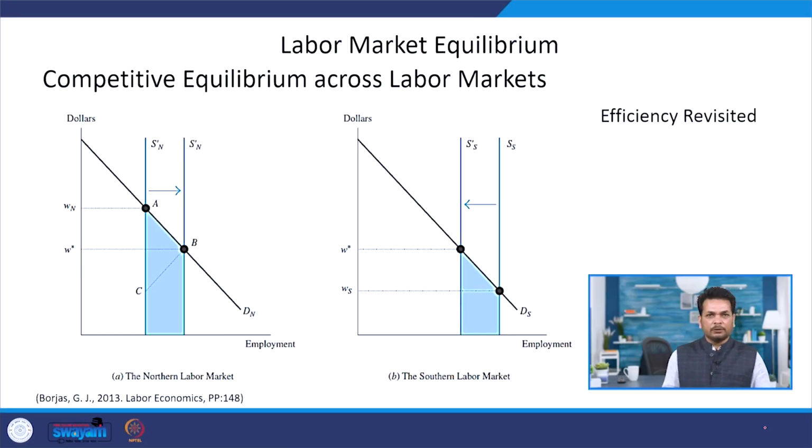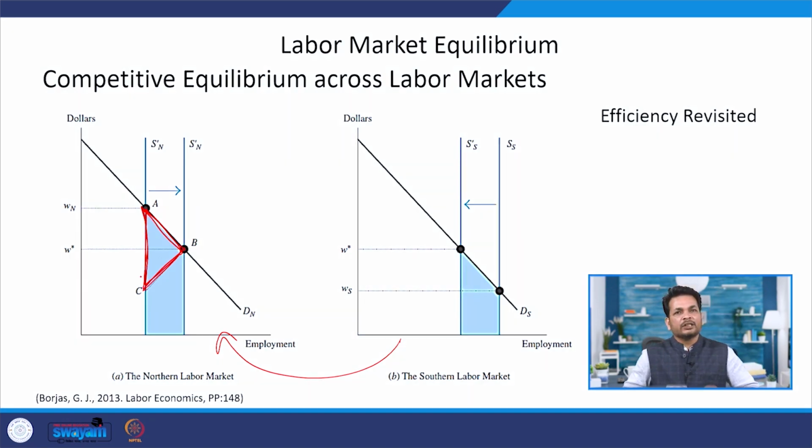So, when we look at these gains from trade, this movement by the workers from one market to the other market in terms of efficiency, we can see that the absolute efficiency in the economy increases by this triangle, by this movement. The surprising implication of our analysis should be clear: through an invisible hand, the workers and the firms that search for better opportunities accomplish a goal that no one in the economy had in mind,